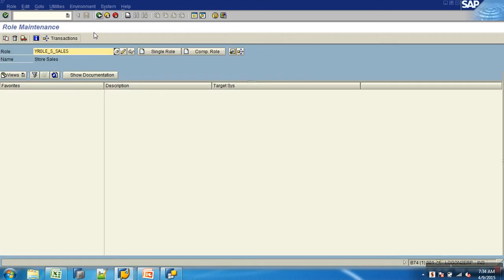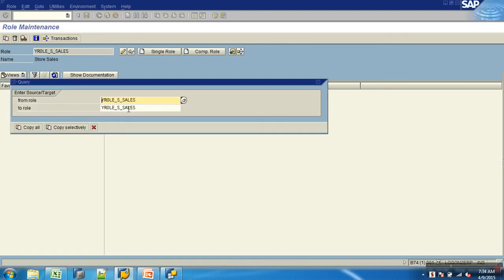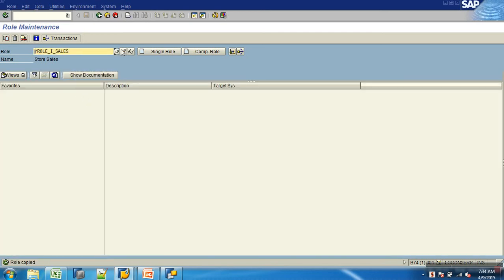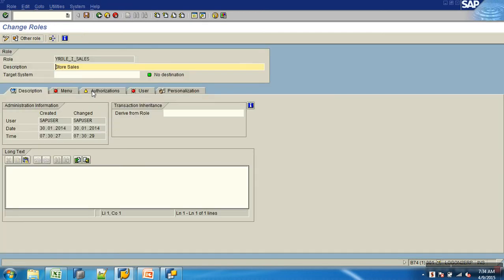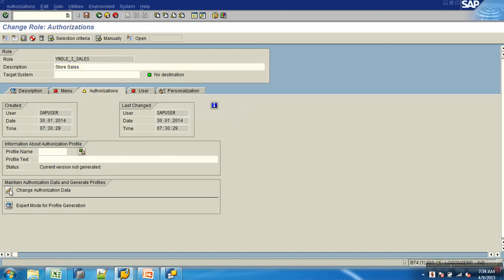Similar way, should I go about creating another role now? Can I use copy from? So then I'll have to go with changing it. What is it I should change?